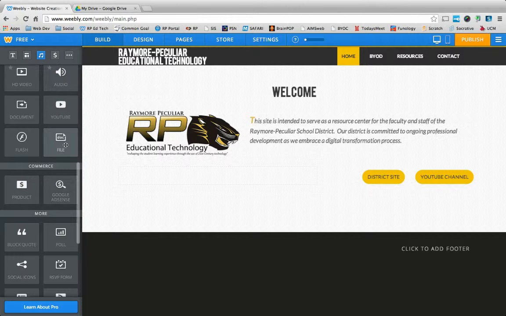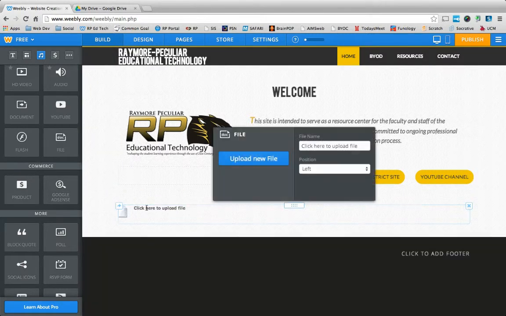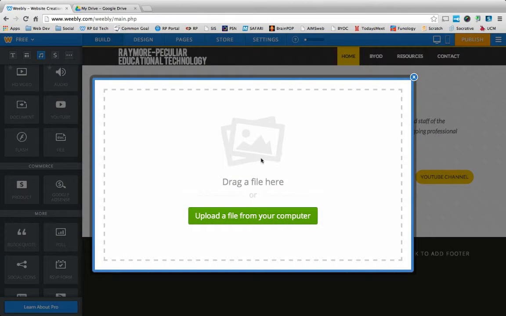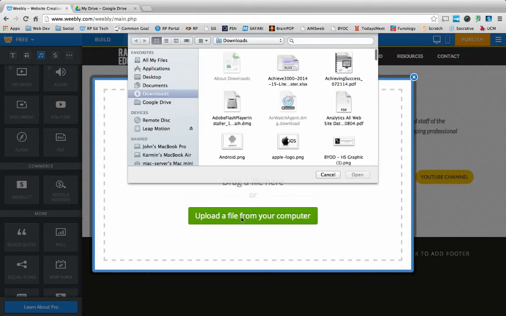Number one, if you're on a Chromebook, then it's going to always give you access to your Google Drive. So when it invites you, as you'll see here, to add a file, when you click to upload the new file, and then it gives you the option of upload a file from your computer, Google Chromebooks automatically have just two spots. They have the downloads section, for example here, just the two options, downloads would say here, and then up here